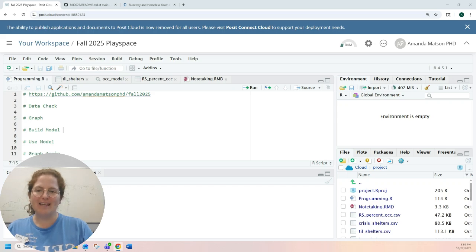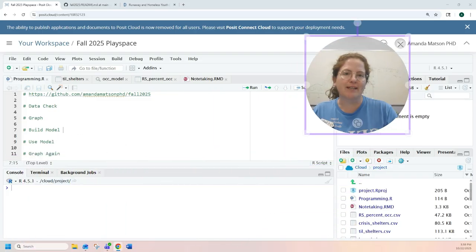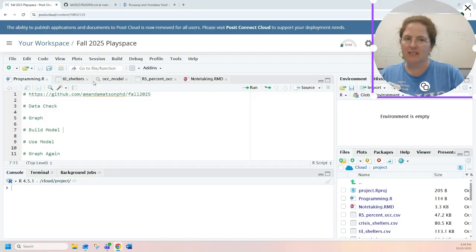Hello, this is a quick video, semi-quick, we'll see, on programming in R and using a scatterplot and a model to get some numerical inferences. I just realized my video will be in your way, so I'm going to drag this up here. Okay, so I am going to pull data from